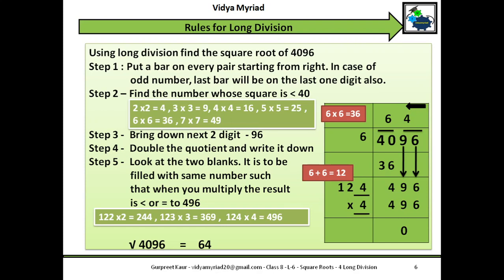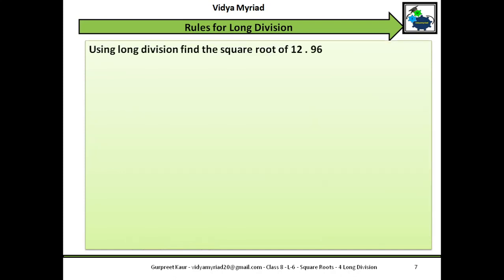It is very simple. In just 2 steps, you were able to find out the answer. Otherwise, if you do it with prime factorization, it will be very long. Okay. And you might face problems, there might be calculation mistakes and all. So, it is always better to do with this method. Let us do another example. Now here, I have taken a number with a decimal in it.